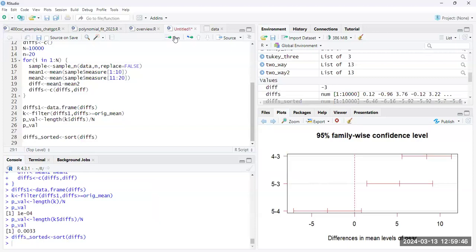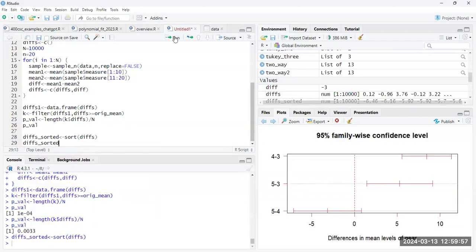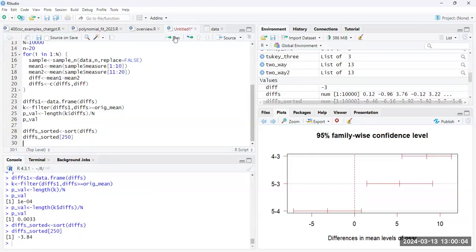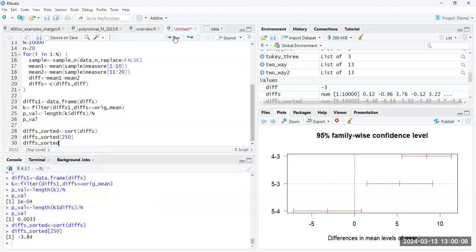And then we're going to take, since we have 10,000 observations, times 0.025 for 2.5% for the bottom bound, we're going to look at the 250th observation, and we're also going to look at the top one, the 97.5 percentile, 9751,